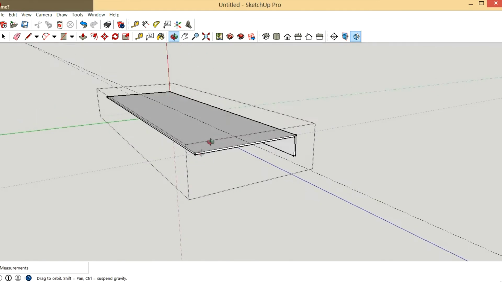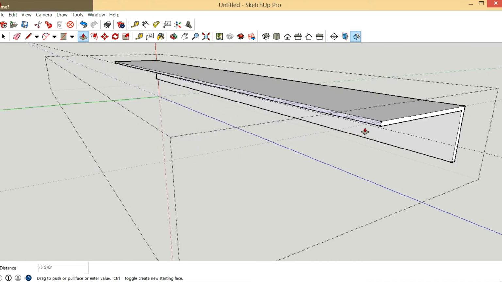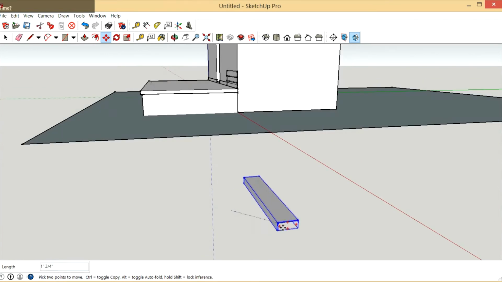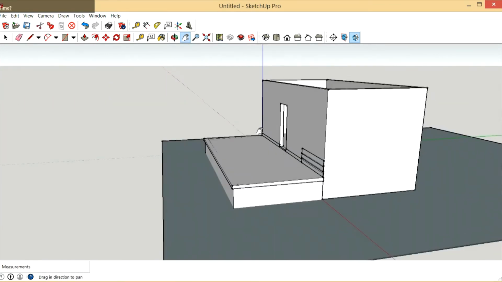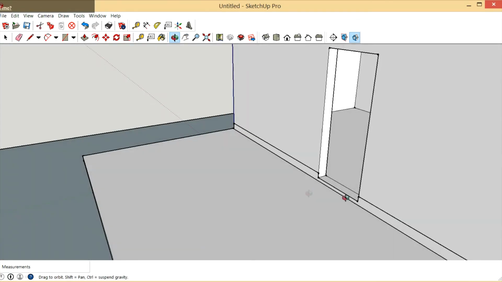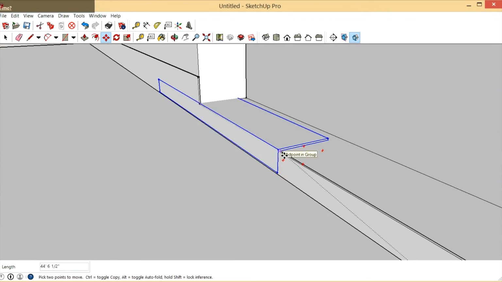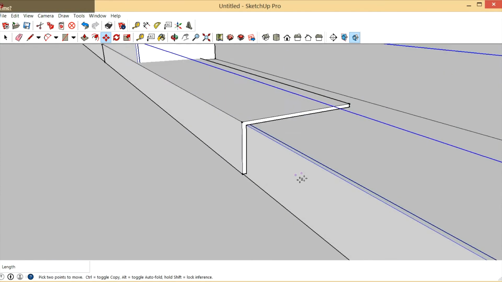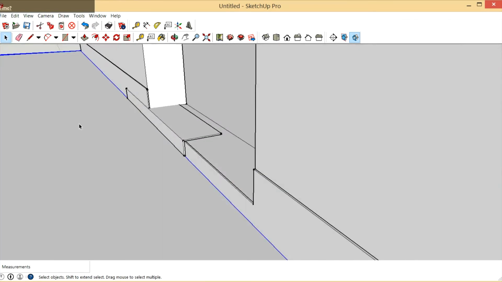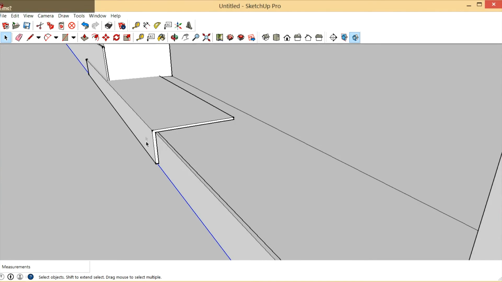So we'll just pull this back to that line. I'm going to snap on that little point right there, and I'm going to use my little hand tool to get me over here where I'm going, and my orbit tool to get me lined up here, exit out of that. And now what I'm going to do is place it right there. Does that make sense? So it's on top of the subfloor, and it's lapping over